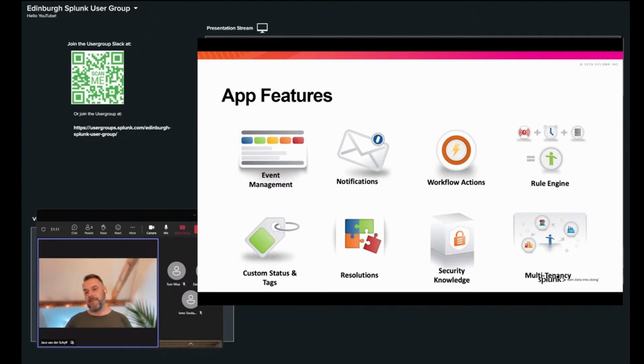And we support channels like Teams, Slack, email, as well as generic GET and POST requests. Also workflow actions, which we have today in Splunk. I'm going to show you how we incorporate these into Alert Manager Enterprise and what you can do with them from a user and analyst perspective. There's also the rule engine, which I'm quickly going to touch on. I won't be talking too much about it, except maybe walking you through some use cases, what you can do with it, as well as custom statuses and tags. So that also I'll be running through with you.